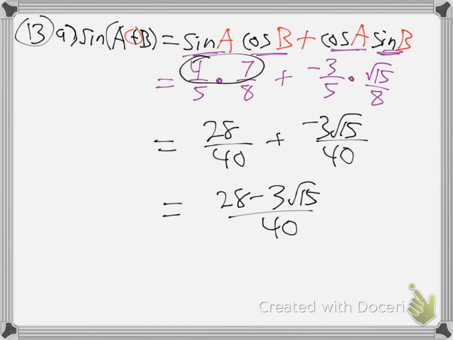And do you know you can't subtract those on the top? Remember from algebra, if that was 28 root 15 minus 3 root 15, then I could subtract them. They've got to have the same roots. This is kind of like 28 minus 3x or something. You can't subtract it, right? If the 28 had a root 15, then they'd be like terms and I could subtract them. But they're unlike terms. One of them has a root 15, one of them doesn't. So they just stay that way. There's that one. That's as far as we're going to get. So you could do the B and the C. It's the same thing, putting those pieces